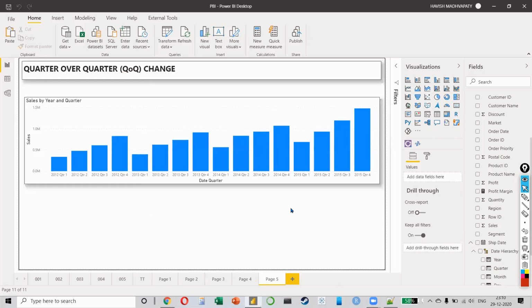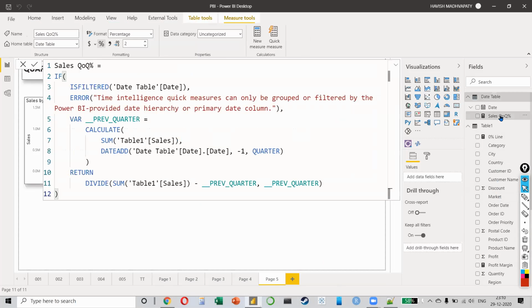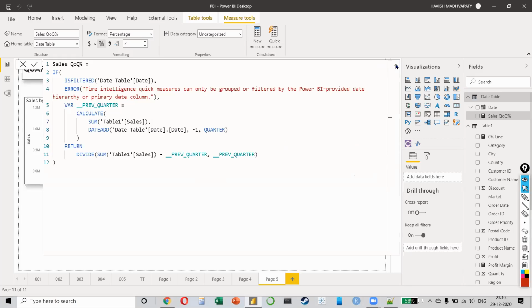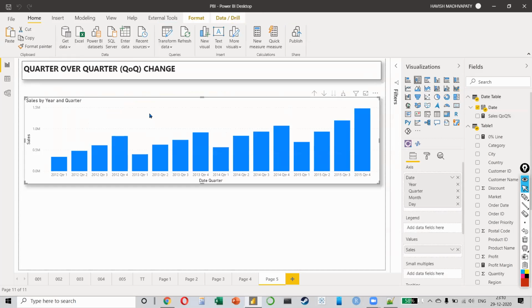And beautifully, there will be a formula created for you called sales QOQ percentage. Now, I know the formula looks a little scary because it's quite a long formula and it's very different to Excel formulas. But for now, we are not really concerned with understanding it. Why? Because we know it just works, right? So I have my QOQ percentage. How do I see this? I will put it in my tooltips.